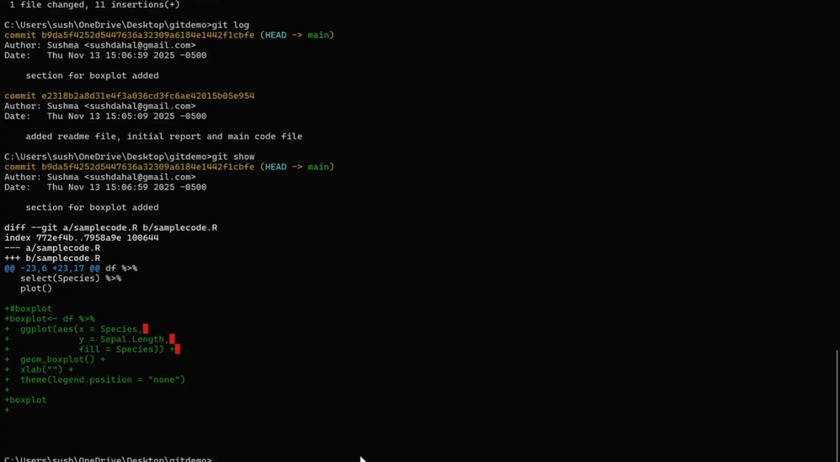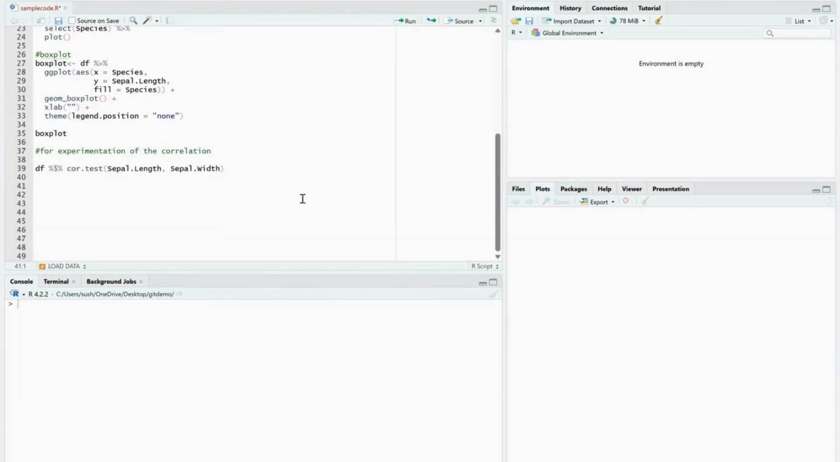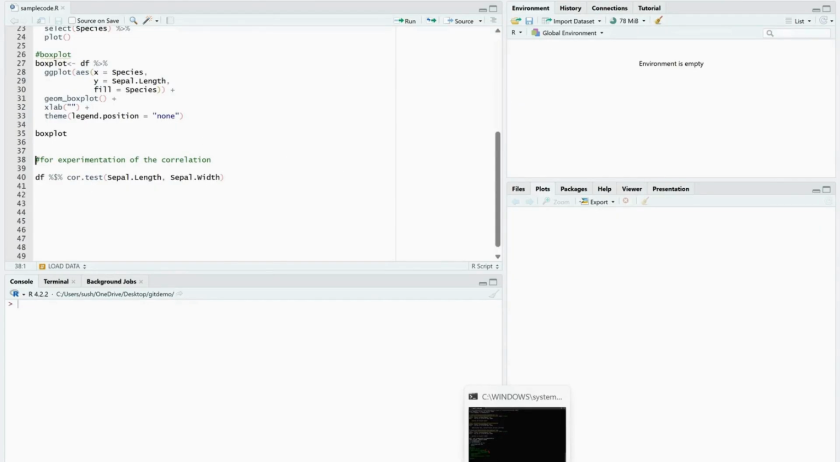Now let me go back to my R code and make some other changes. Suppose I'm doing experimentation with the correlation related analysis, and I added a comment here for experimentation of the correlation, and I added code here to do the correlation test of sepal length and sepal width. And then now let me go to Git,